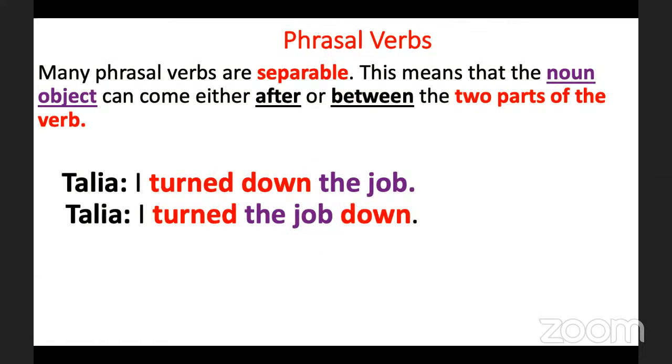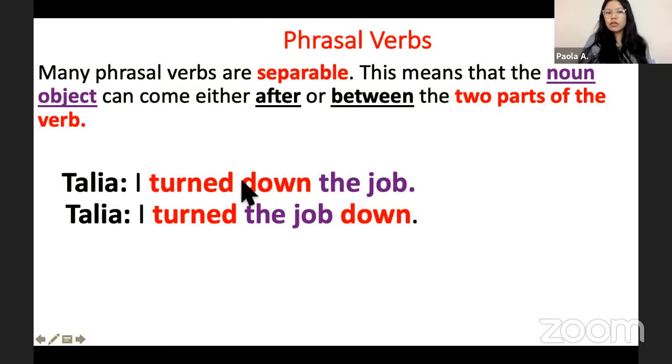Okay. So whatever we're talking about, in this example, turn down means to reject. I reject the offer, maybe for a job, right? So with turn down, we have the verb and then we have the particle down. But I'm talking about a job too, so I can use it this way: turn the job down. I'm putting the job in the middle because it's the noun, or the object, right? What I'm talking about. That's why I can put it either here or here. But to be honest, the second one is a little bit more common.